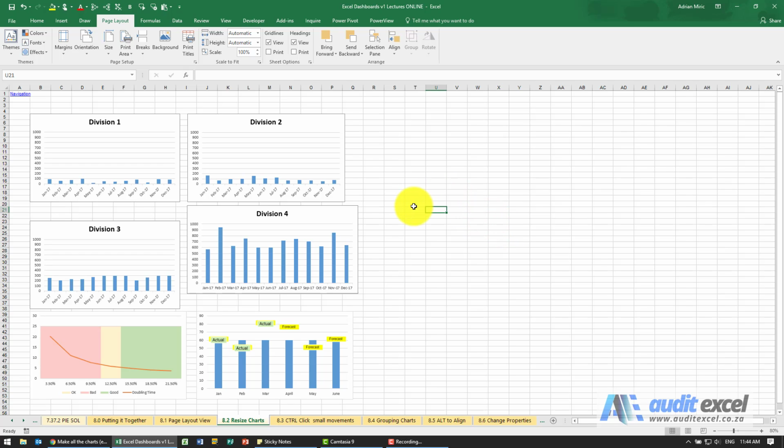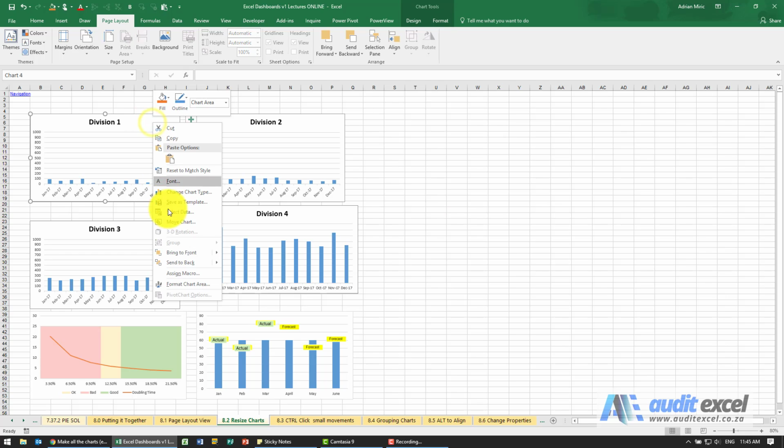A common problem with charts is making them exactly the same size. When they're not next to each other, it's not a problem. But when you put them on a dashboard next to each other, you can suddenly see where they're not quite the same. So one way to do this is if I click on any chart, I can right click and